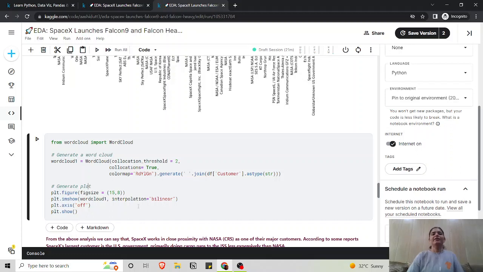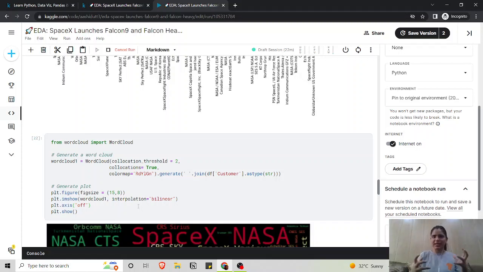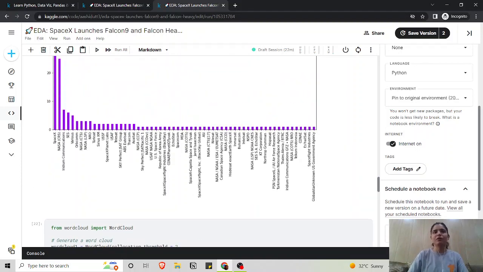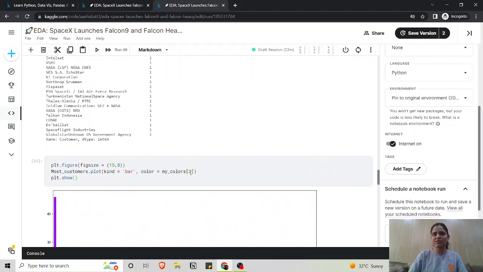And yeah, here is a really interesting thing that I feel you all will like: word cloud. So word cloud is a library that is used to print out all those important things that have high frequency in that particular dataset. So right now we were working with the customers column, right?